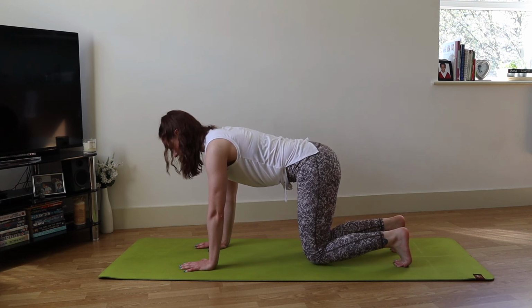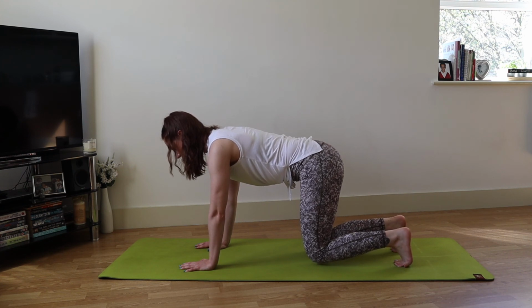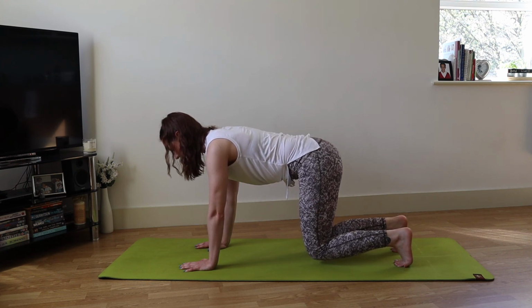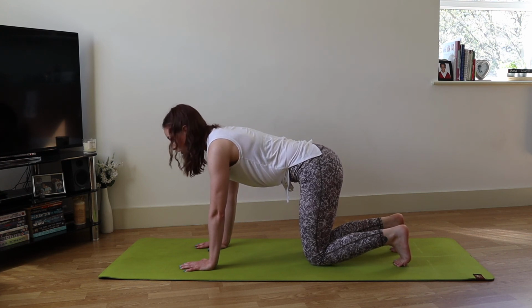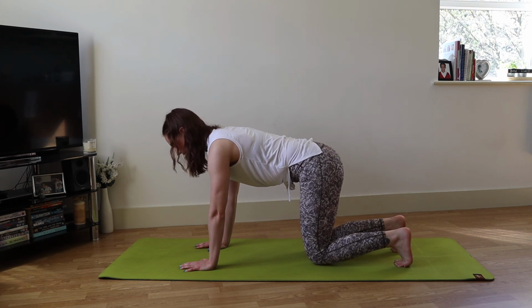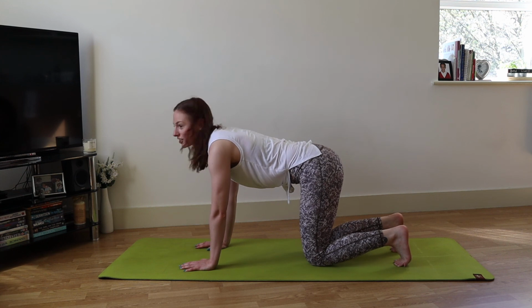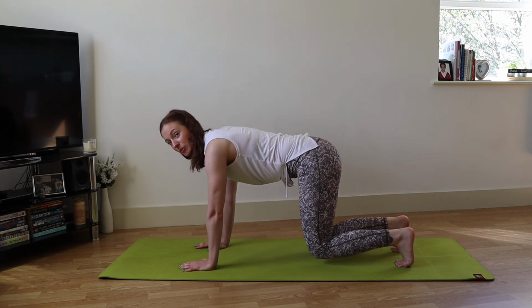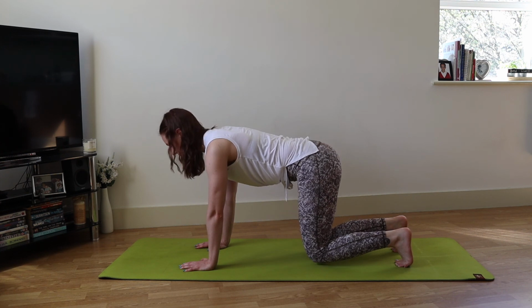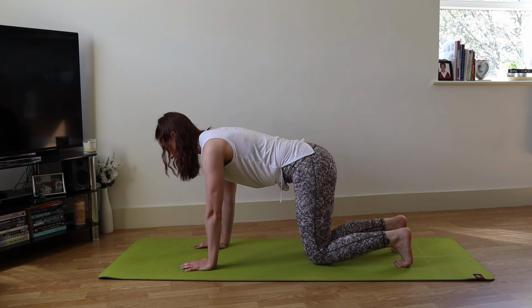And inhale, lower. Now I want you to feel that when we lift, it's only a smidgen off the floor. Make your lowering even slower than your lifting. We want to control it. Usually when we have weak supporting muscles here, we want to just crash down to the mat. So do as many as you can. We're just going to do one more after this one. But try and keep that control. So last time,